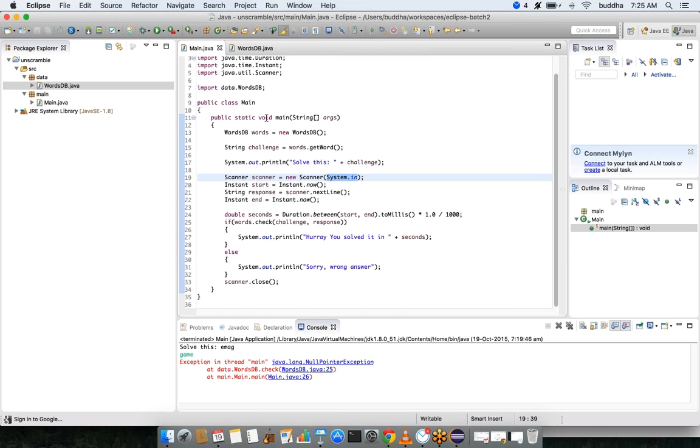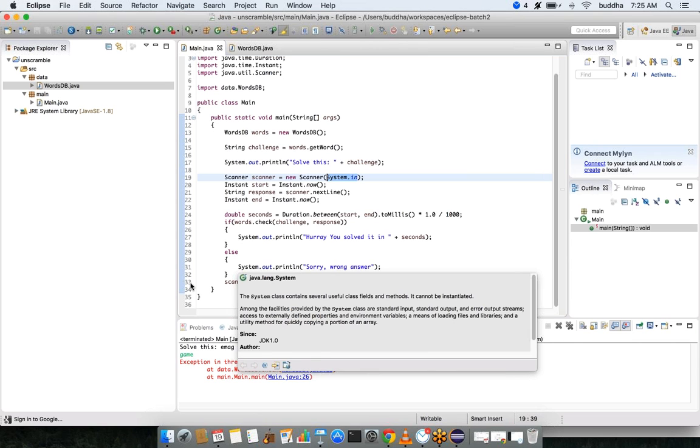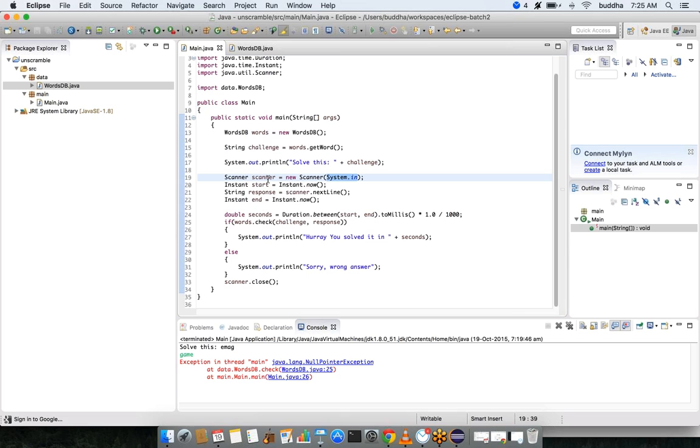Now when the program is executed, after the program is done, the program will not actually use the scanner anymore. Once the program is completed, the memory that has been used by the scanner will still stay the same.